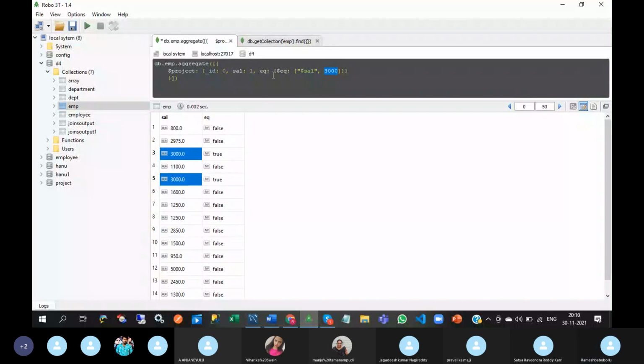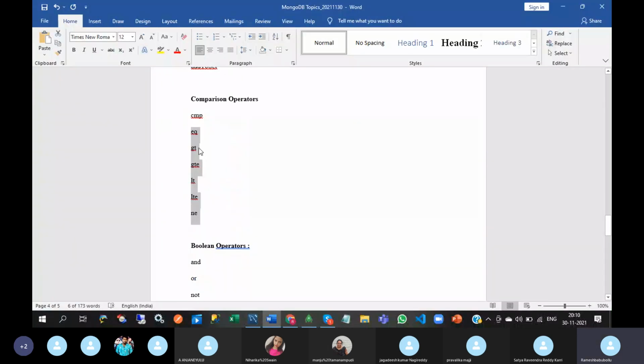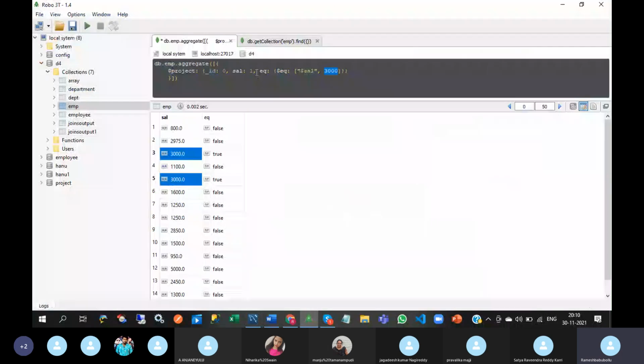Okay. Greater than or equal. If you put greater than, see only 5000 gets true. If you put greater than or equal to, then 3000 and 5000 are true, the remaining are false. If we give less than, so less than 3000 all are false.